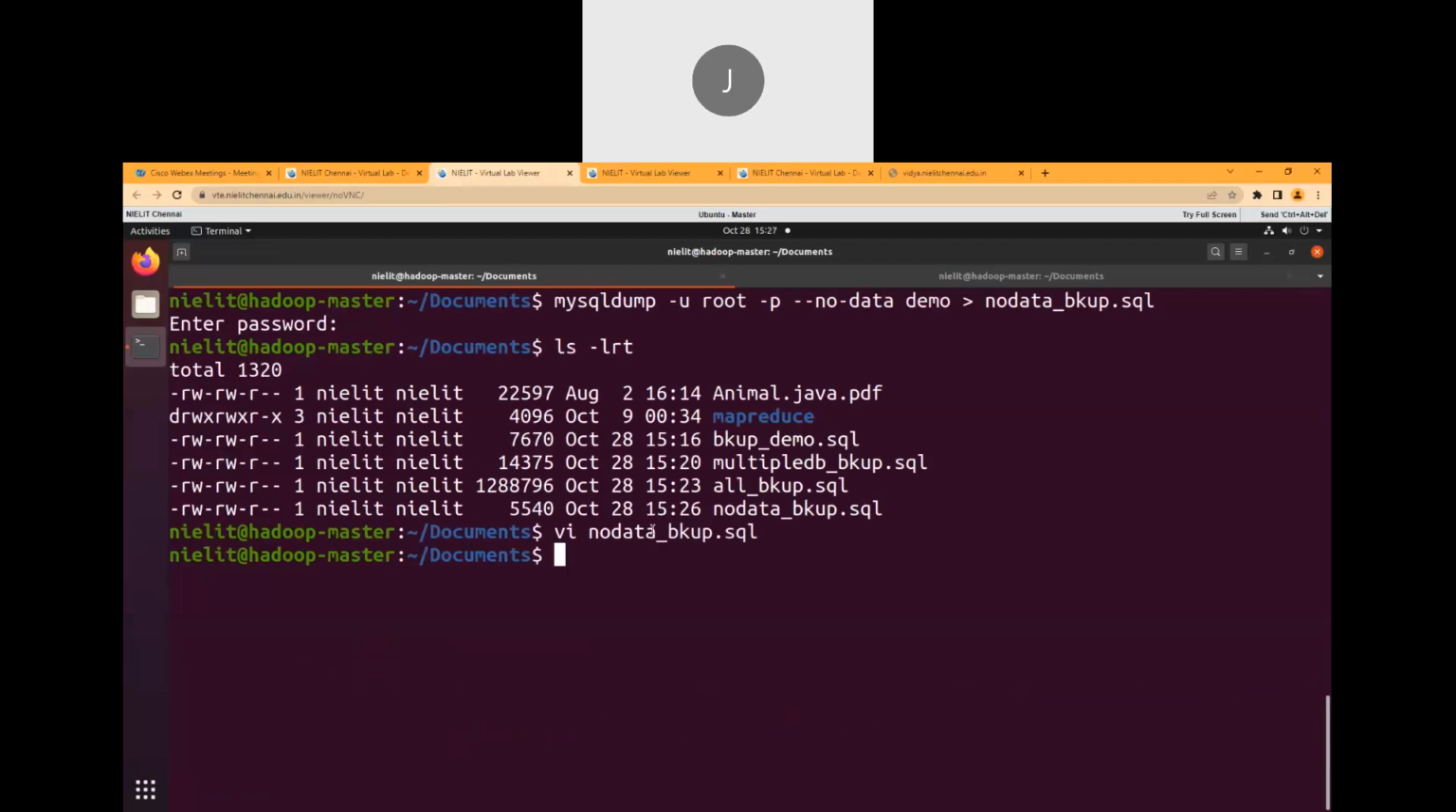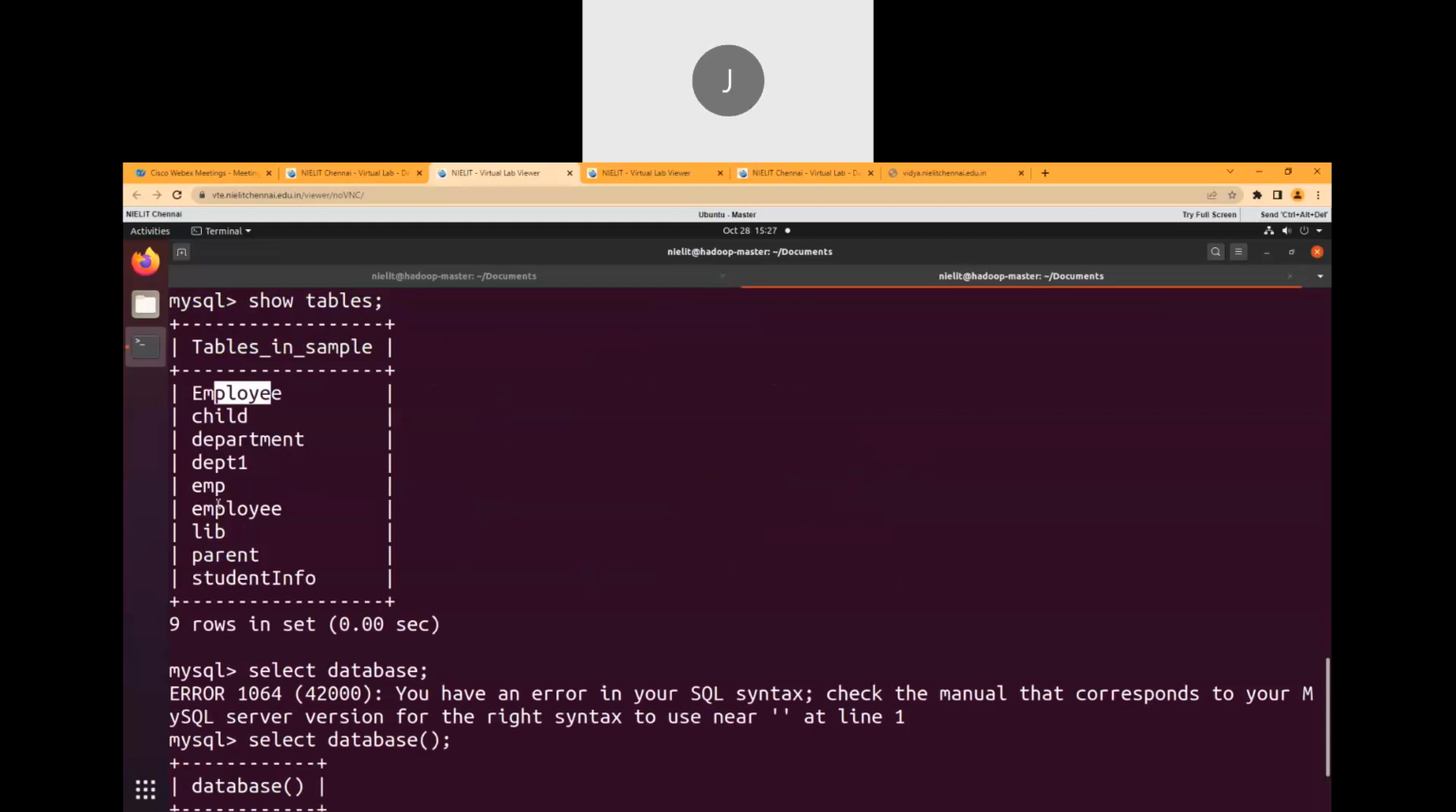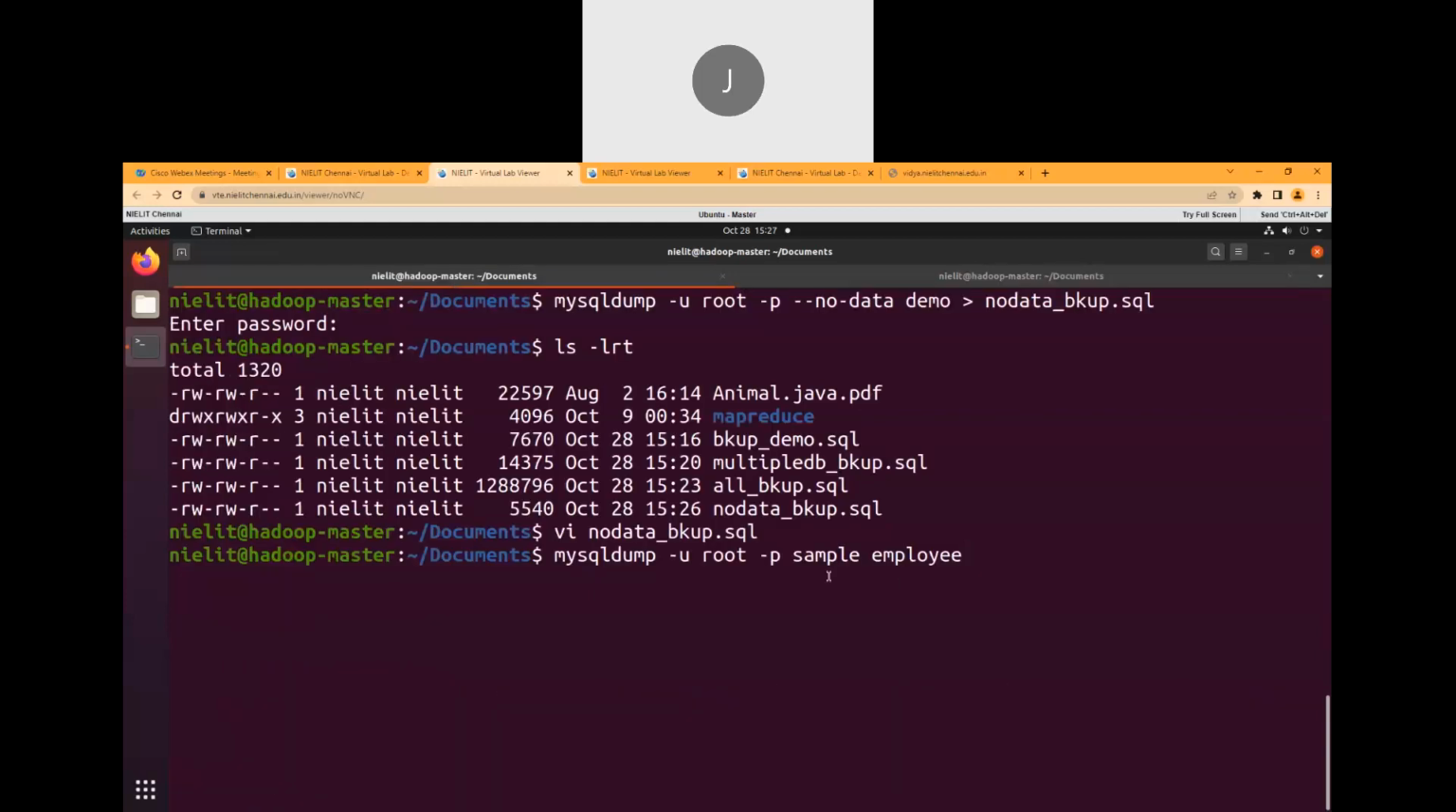Then I will go here, mysqldump -u root -p, the database name is sample, and I will take a backup of the employee table. That is there, no EMPL. Yeah, the employee table is there. If I take the backup of that, this is the database name and this is the table name, to table